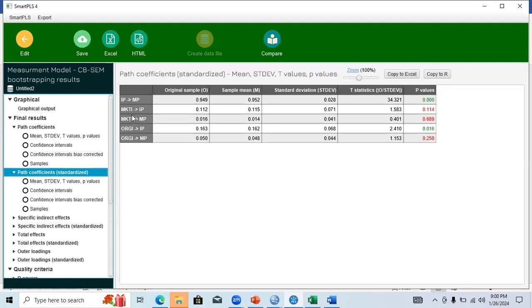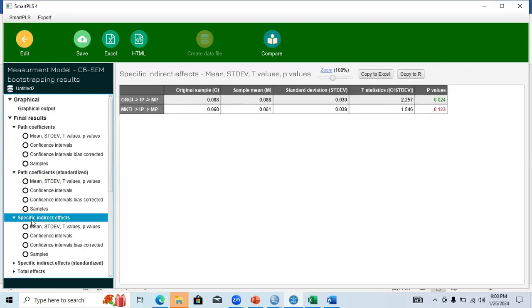Then MKTI on IP, that is insignificant. You need to see the specific indirect impact, and you can find when you are using IP as a mediator between ORGI and MP, it is a statistically significant mediation impact. But in case of MKTI and MP, the mediation impact is not significant.